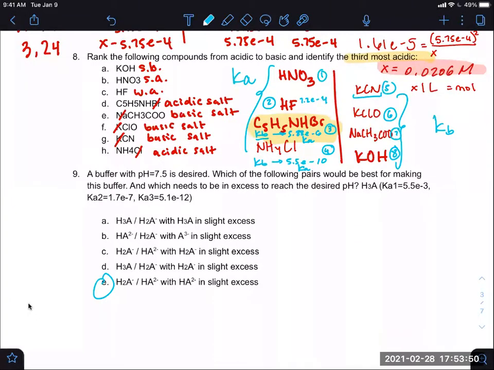No problem. Okay, so let's break this down. Why is this E? So basically, my reasoning. I'm going to write out kind of like a schematic, so you understand how to use the Kas, how to use them. This will be H2A minus, and then lastly, okay. The first thing I want to do is convert all the Kas to pKas, okay? So when you do that,